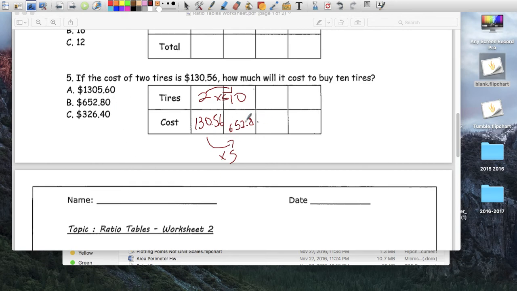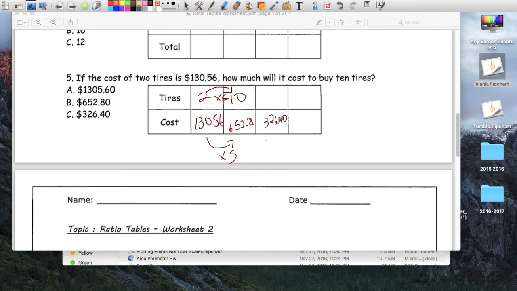What if I had $326.46? How many tires can I buy? Well, what's the relationship between 130 and 56? Now, is it 60? Hang on a second. 130.56 divided by 2 equals times 5. 326.4. So